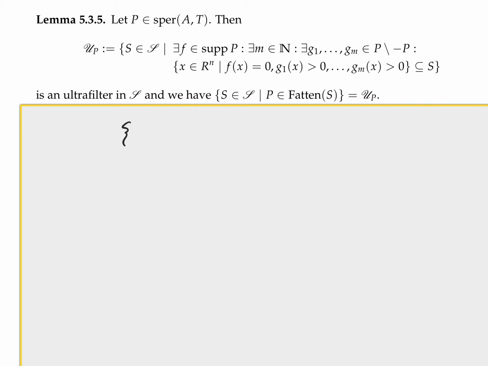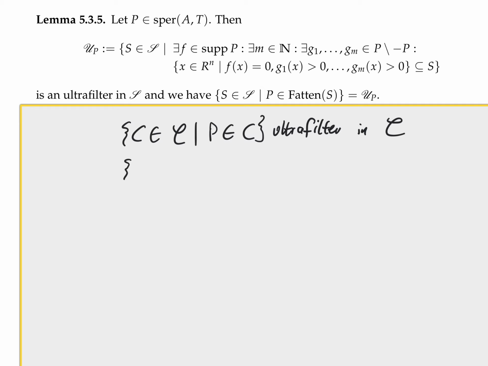First I could look at the ultrafilter of constructible subsets of the real spectrum of AT which contain P. It's an ultrafilter in curly C. And then it's clear by the isomorphism of Boolean algebras that I get another ultrafilter